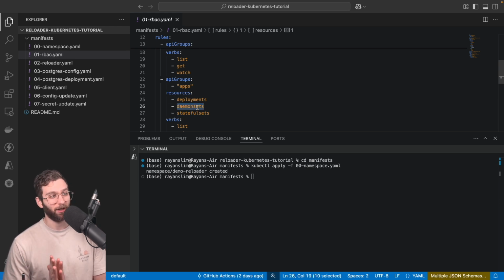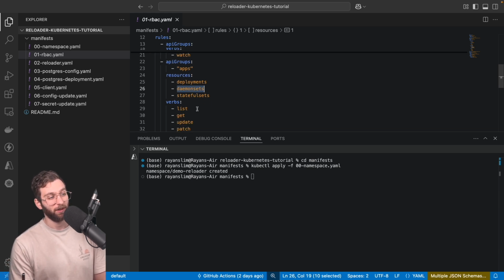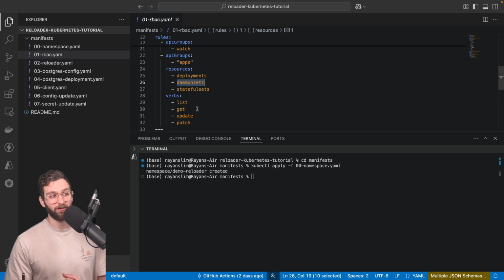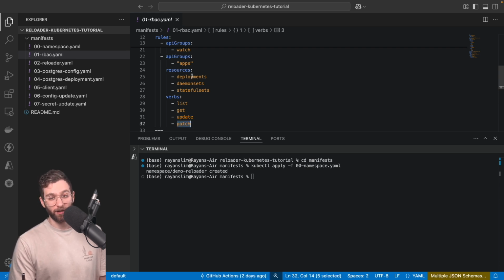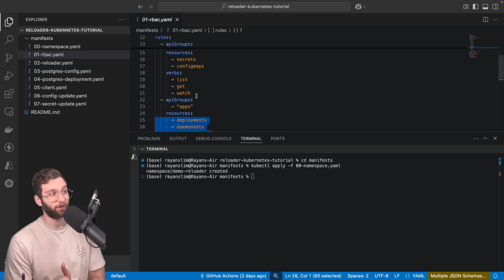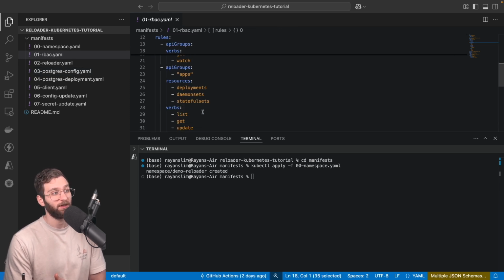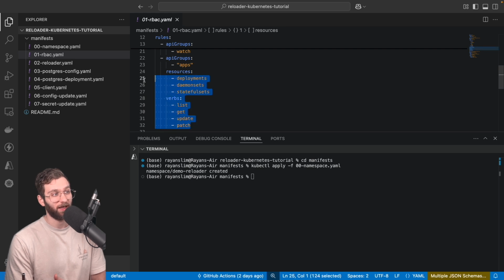Again, we don't really care about that right now, but essentially here we're giving the reloader another set of permissions to list, get, and most notably update and patch any pods being managed by these deployment objects. So we've essentially given the reloader the two sets of permissions to monitor configuration resources and reset application pods